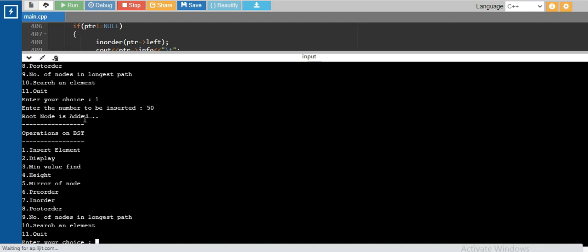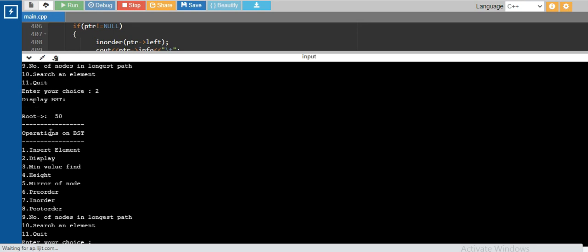Whatever the first node we add will be considered by default as the root node. So 50 is now my root node. Whatever value I insert after that will be inserted either to the left or to the right, depending upon their sequence.